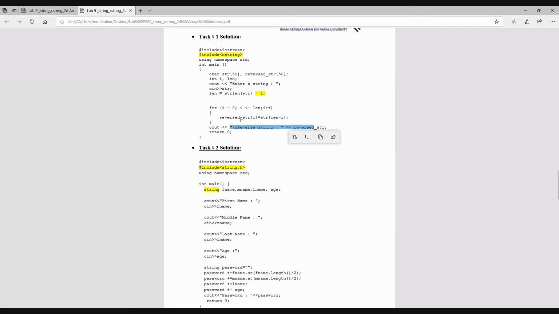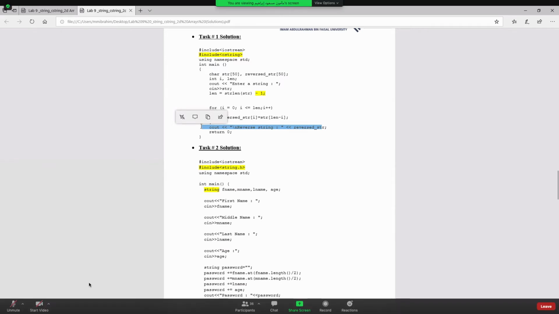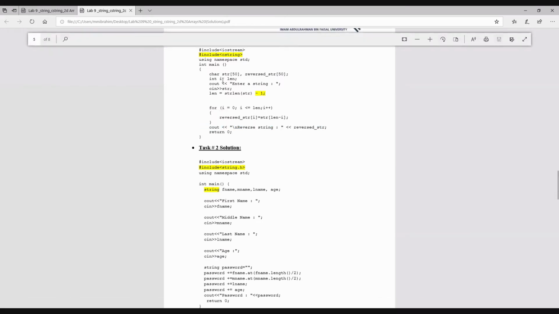So here I am reversing the array. I can use the for loop here in reverse order without using another array and print the character by character. But based on the task here, they want to save it inside an array and print this string as a whole array here. So what we are trying to do here is to print the array of characters